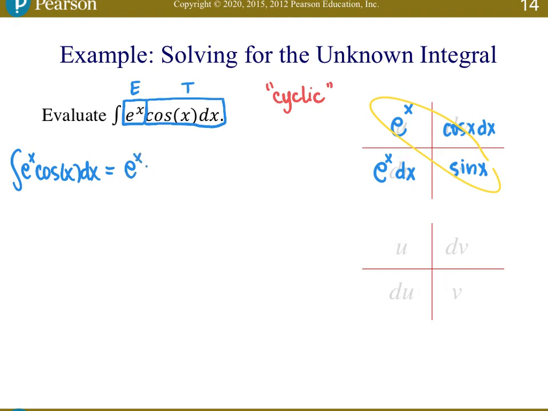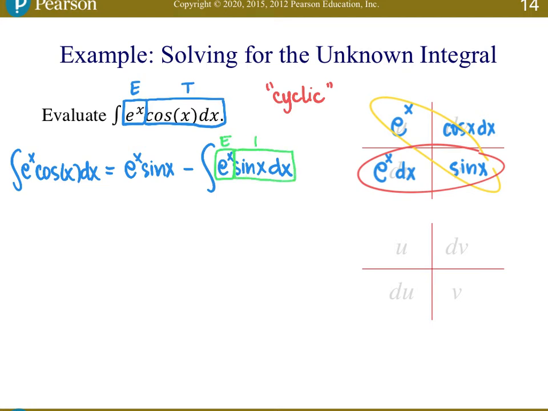So e to the x sine x minus, and then our horizontal combination here, e to the x sine x dx, which gets me into another situation of an e and a t. So I've got the exponential part here, and then I've got the trig part here, so another e and a t combination. So I'm going to do it again. The exponential, and now my dv part is sine of x dx. So that'll be e to the x dx again, and then the antiderivative of sine of x is